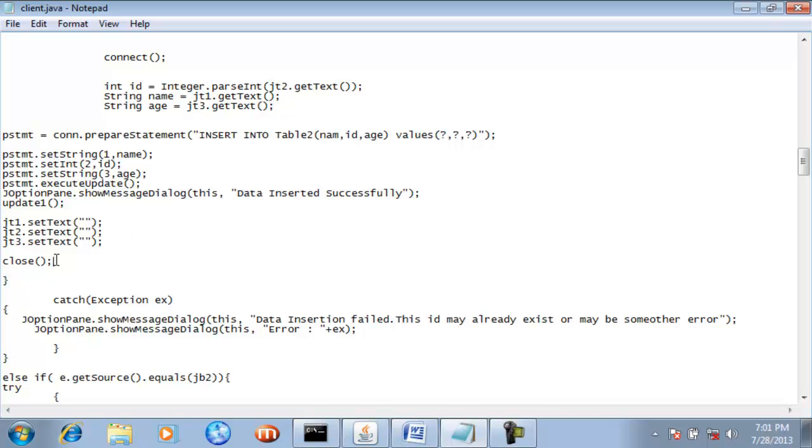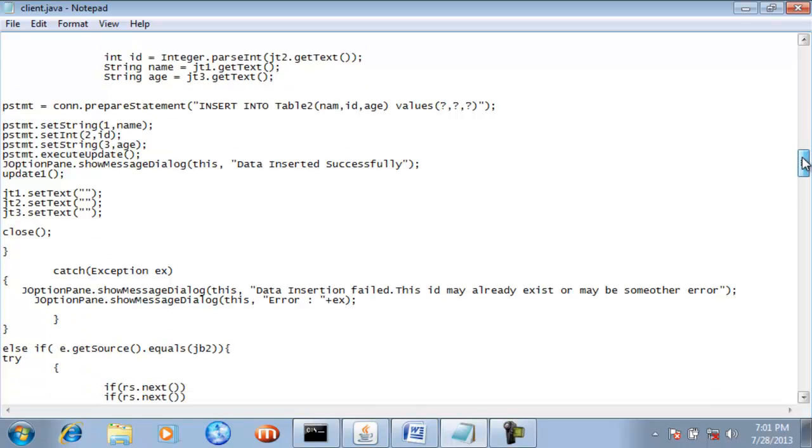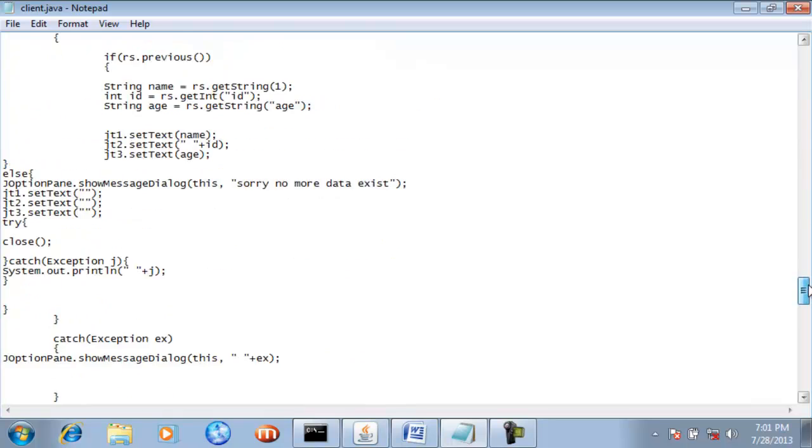And now with the help of the close method, guys, whatever links we have created with our database will get closed. Close is another method that I have defined in my file. Like guys, if you go there,